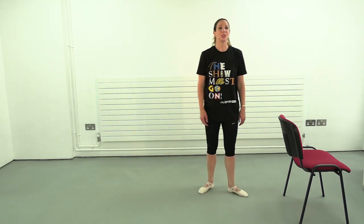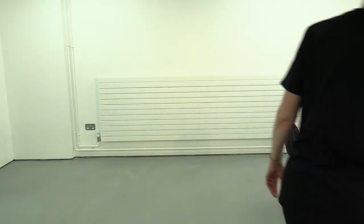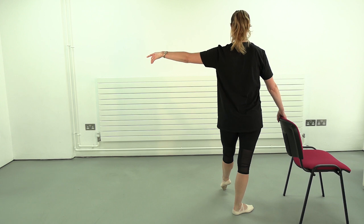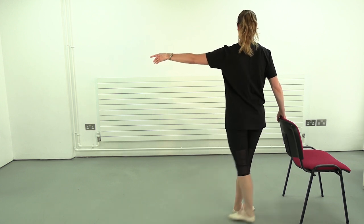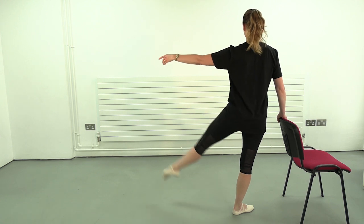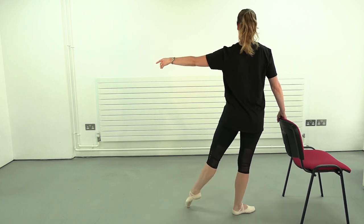So our grand battement on the second side, here we go. Ready, and point, throw, point and close, straight legs. They shouldn't bend at all, not even when you close. Once more, point and throw, point and close to the side,